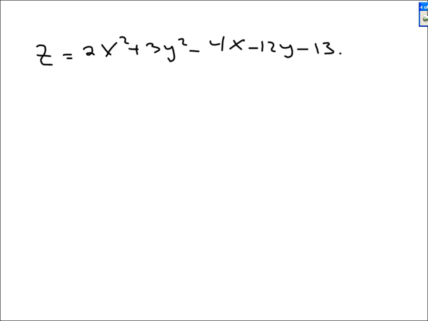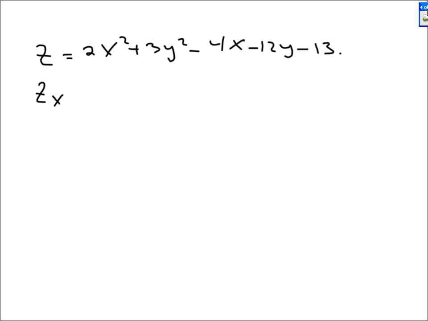Suppose you have that z is equal to 2x squared plus 3y squared minus 4x minus 12y minus 13. Find the relative extremes. Find the relative maxes, relative mins, and saddle points. The saddle point is when d is less than 0. Okay, so